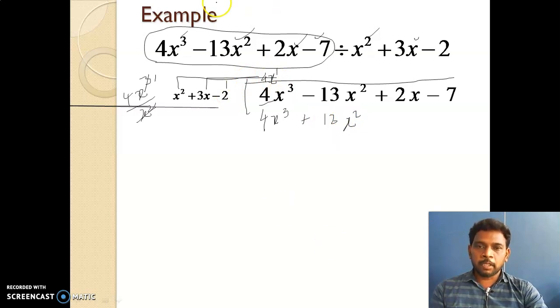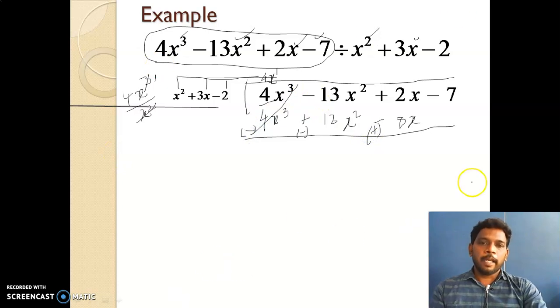And when you multiply with the third, here minus, here plus, so minus, and 2 4s are 8x. So now change the sign of the down expression. Here minus, here also minus, and here plus. Okay, so the first term gets cancelled, and here minus 13. So minus 13, and after changing the sign, here also minus 13.